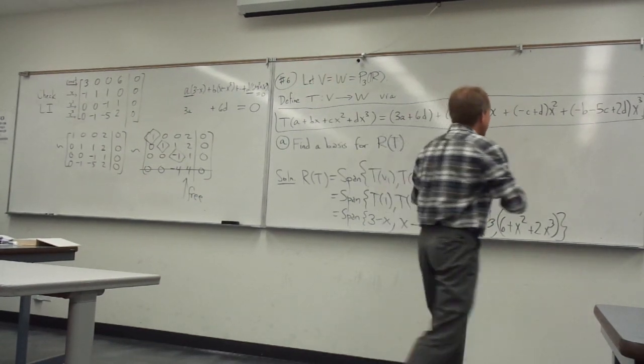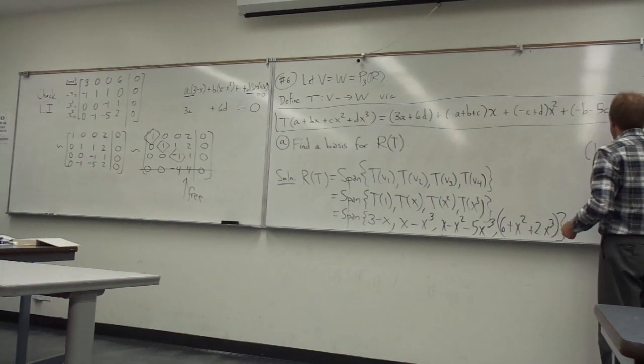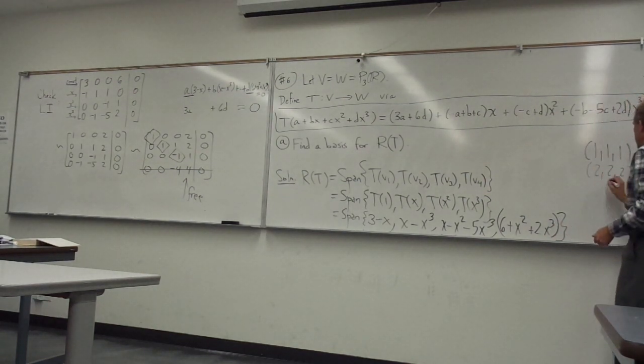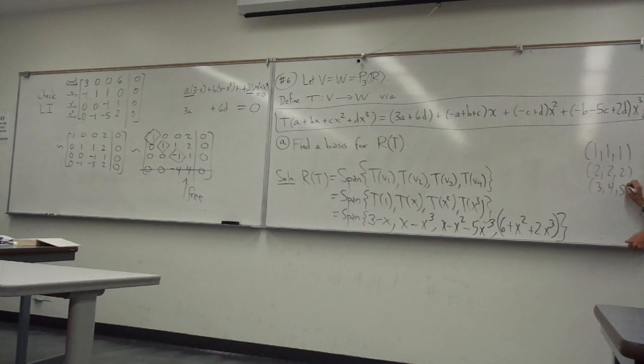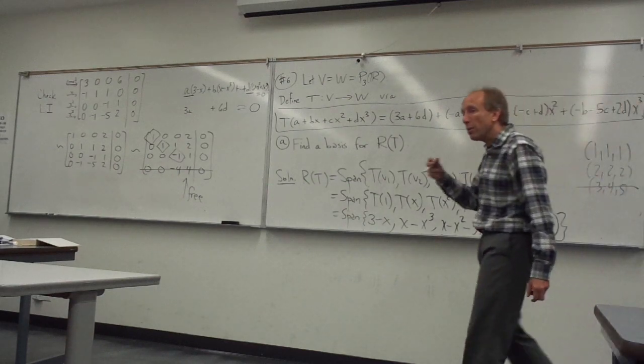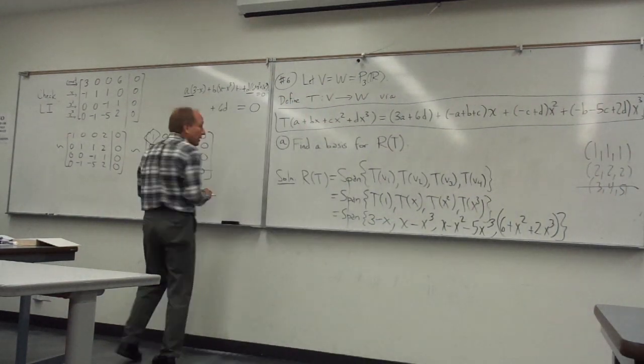The example I always like to give is, I saw a student do this once. The student looked at these 3 vectors, and they said, these are LD, so I better throw a vector away, and they threw this one away. And they left themselves with the linear dependency still there, right? So we have to be a little bit cautious how we do this. The way to get it right